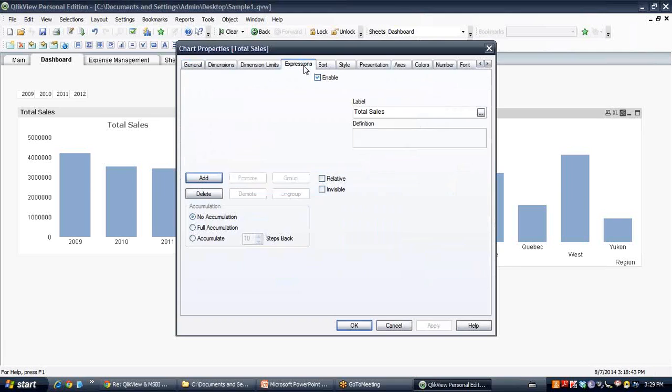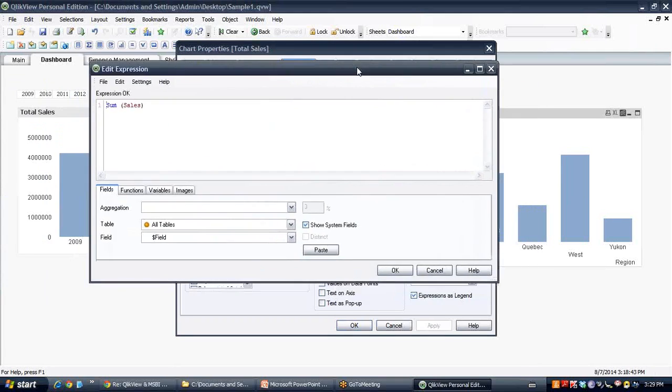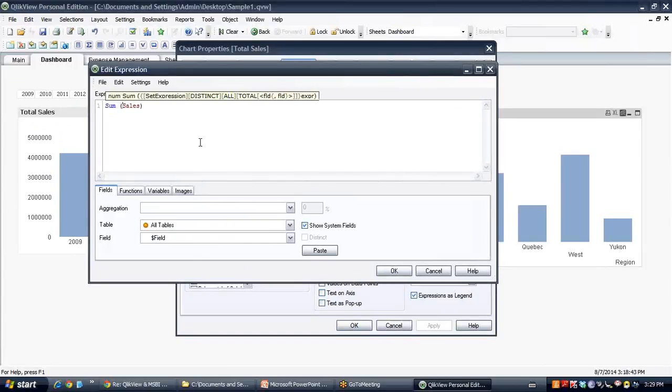So let's go to expressions, and here if I say I would like to view information only for two different states. So there are a number of ways we can customize this. We can select the regions and create a bookmark, and directly the end user can select the bookmark created, and they can see the information only for those regions or those years or whatever is the user specific or business requirement. But there is a very, very interesting and very powerful feature of QlikView that is referred to as